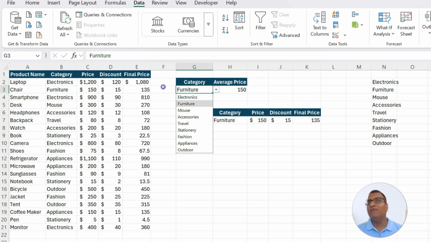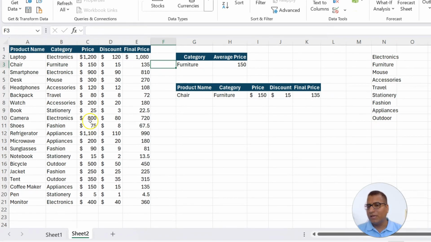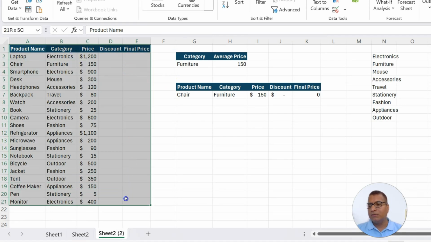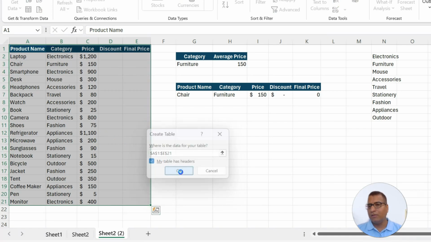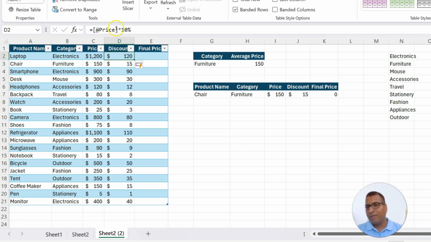Okay, there is also a problem with this hash kind of formula. It doesn't work well with tables. For example, if I take the same data, let me copy this data to another sheet. I'm going to convert this data into a table. Control T and click OK. And the same thing I'll try to do, equals this into 10%. This will work fine. But if, instead of the cell, I select the entire range like this,